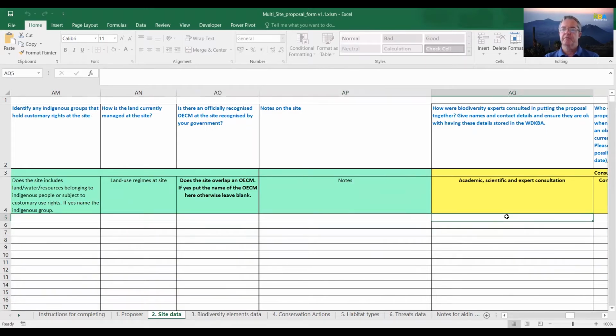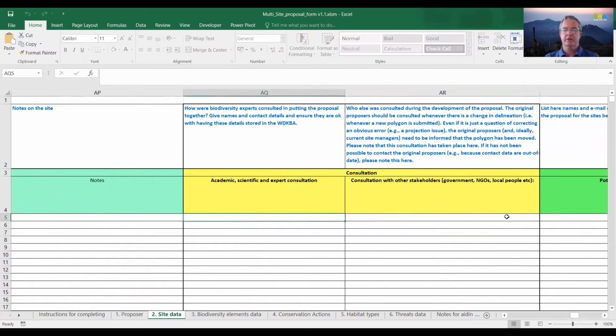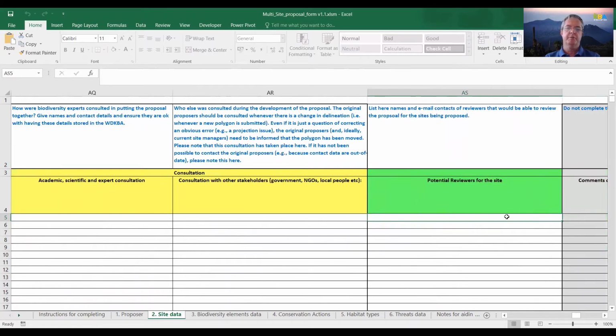the proposal process. Then finally, we want a section on who has been involved in both the academic, scientific consultations for the proposal for that site, and then who additionally has been consulted, such as potentially protected area managers, protected area authorities, local communities. So we want some idea of who has been involved in the proposal process. And then you can also place here a list of people who know the site and could be potential reviewers